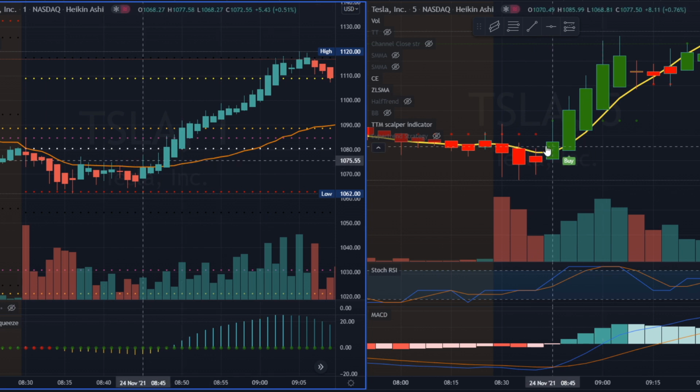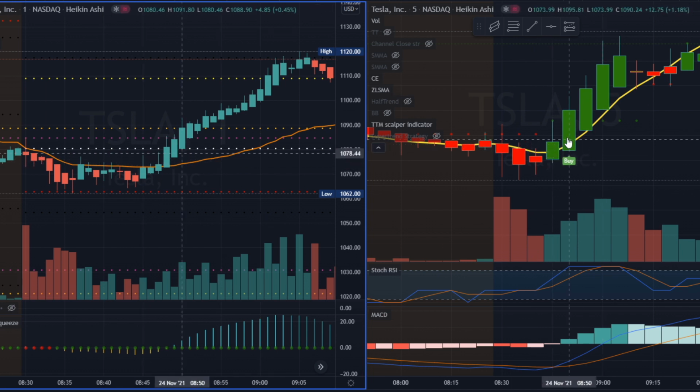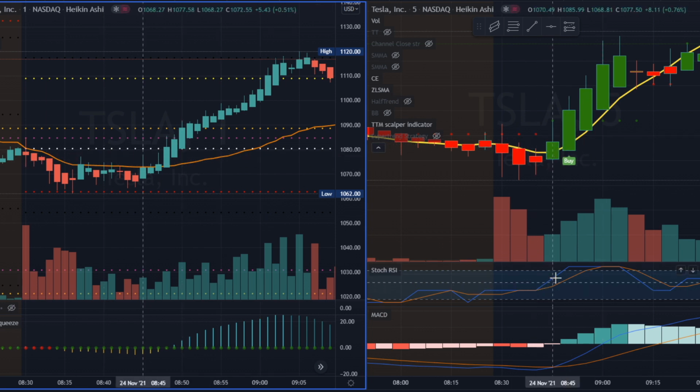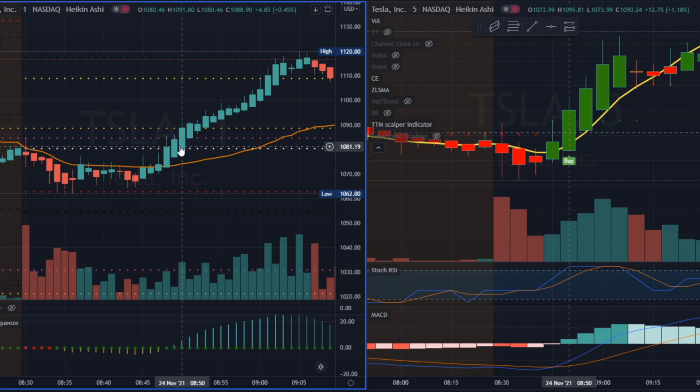And on the 5-minute chart, it's also confirming it's above this yellow line. Stochastic, it's uptrending. MACD is uptrending. I'm getting in on this bar. So if I would get in here, 1,077, I would probably have a 2-to-1 stop loss, like trying to get